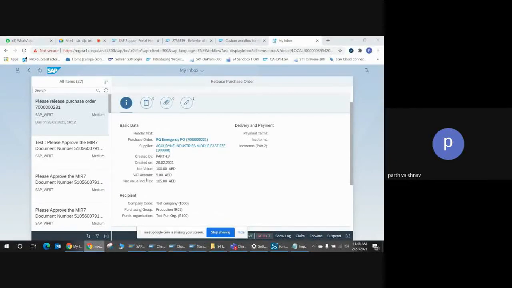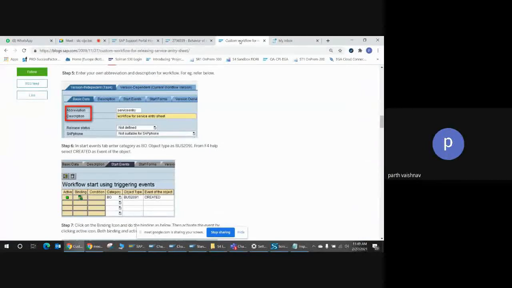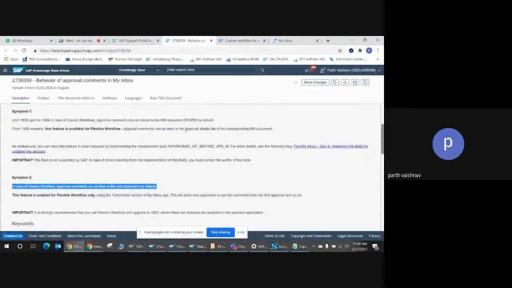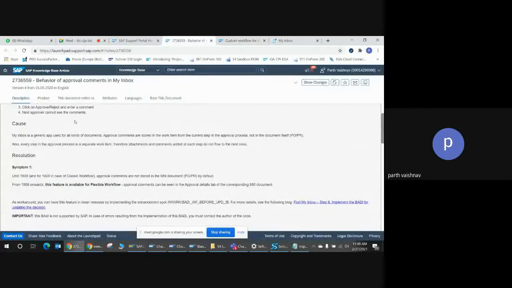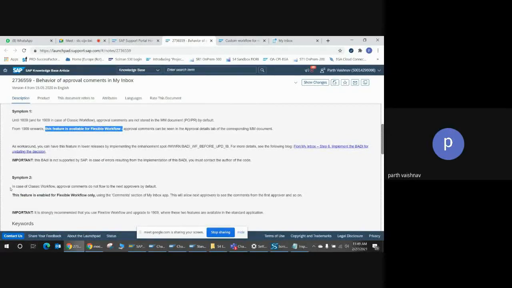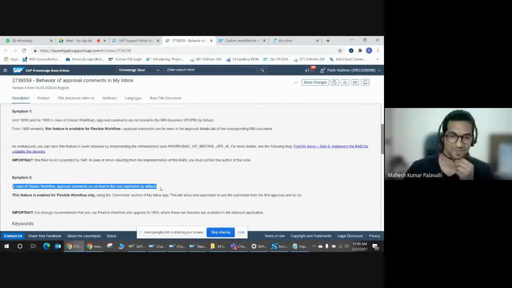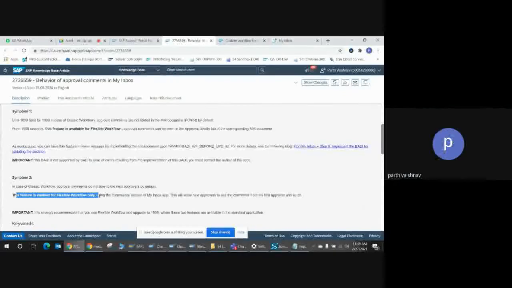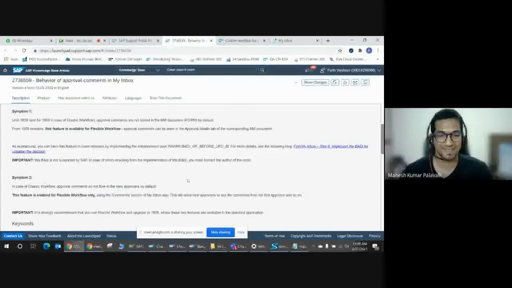As SAP S/4HANA was evolving, there were many things SAP was not supporting, but our business will definitely ask this kind of requirement, that the third level approver should be able to see the comments put in by the first and second level. This kind of thing we also achieved. But I think the next series should be the flexible workflow. We'll try to put the same workflow in the flexible workflow, because flexible workflow is the next way in S/4HANA. Even SAP is slowly taking its hand off, because they are saying classical workflow is not available for this, but this feature is available for flexible workflow only. So that's it.